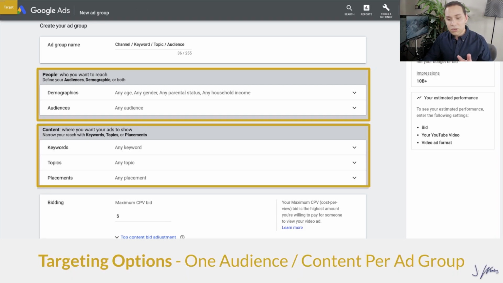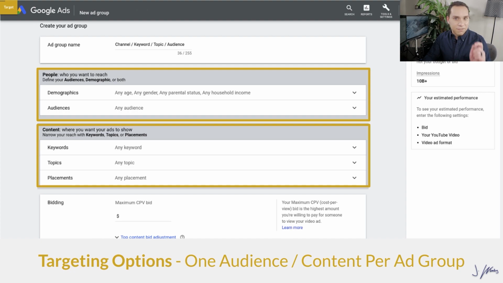Now, we do have two options when we come in here. We can target people or we can target content. Targeting people is where Google is doing their tracking thing, figuring out what people's interests or buying behavior are, whereas targeting content is you saying, hey, I know people who are interested in my channel or business like this type of content, so I want to show up next to it or around it. Now that's the simplest way I could put the two targeting types. So when we are targeting channels, that's actually going to be under placements.